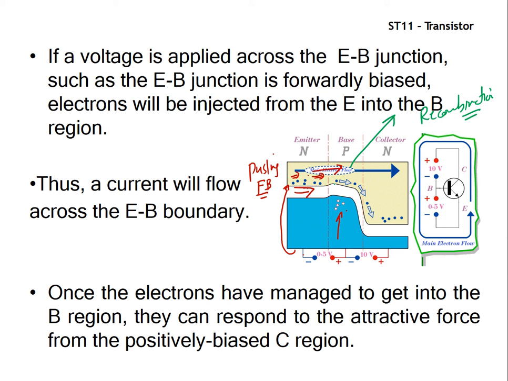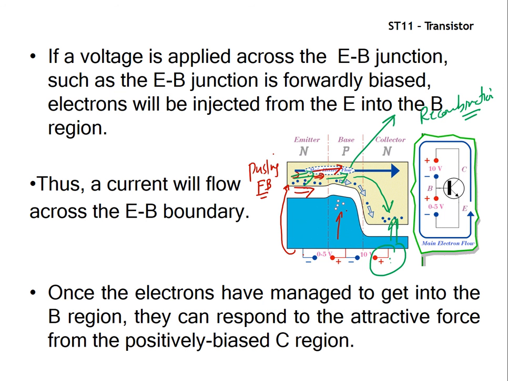Okay, but now here you are getting more and more ions. You are getting more and more pulling, the junction has been broken, this is a very thin region. So here you have the more high voltage, more high positive ion. So this positive ion is attracting the electrons. So these electrons which are moving towards this junction will be attracted towards the collector end.